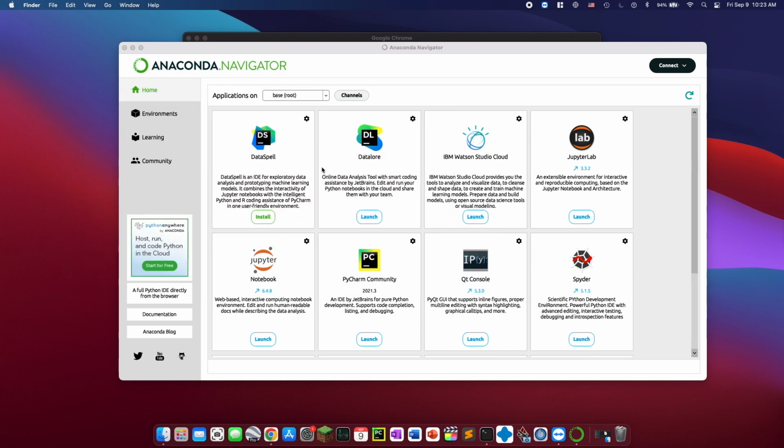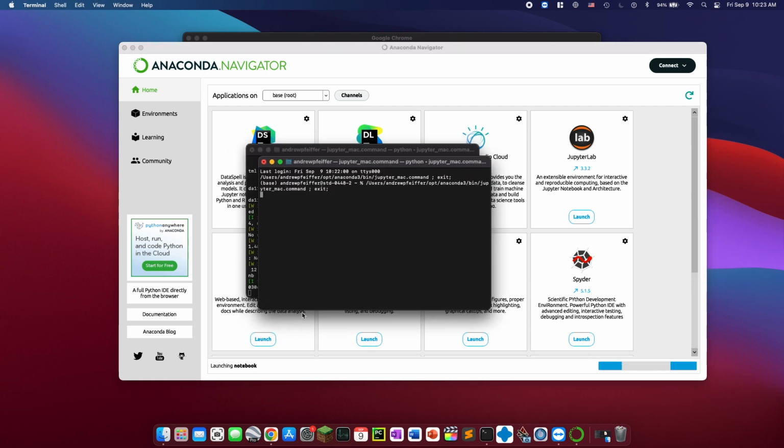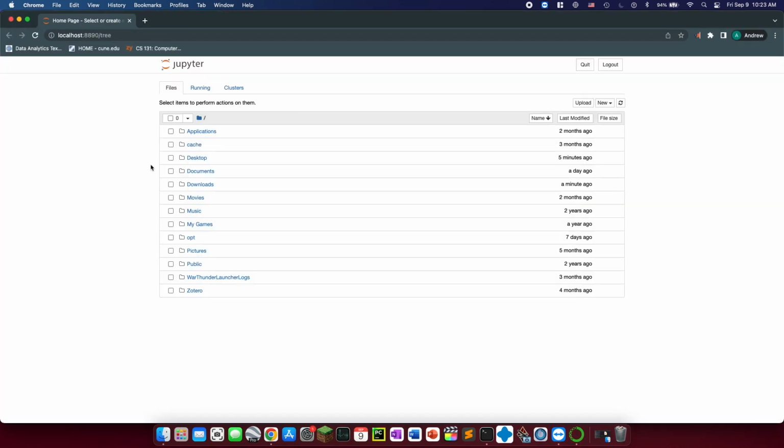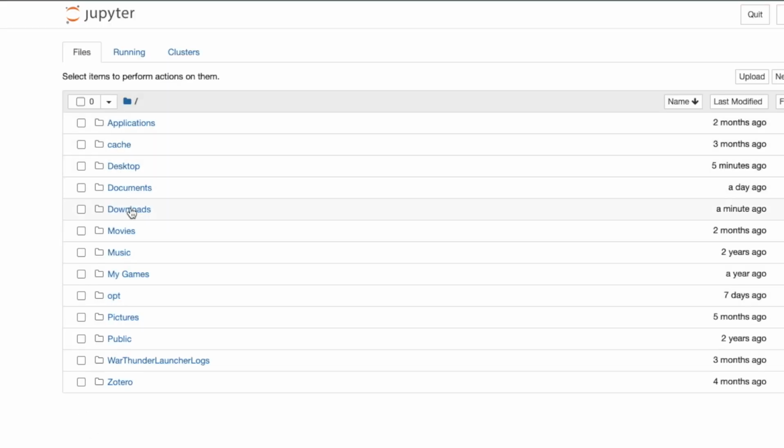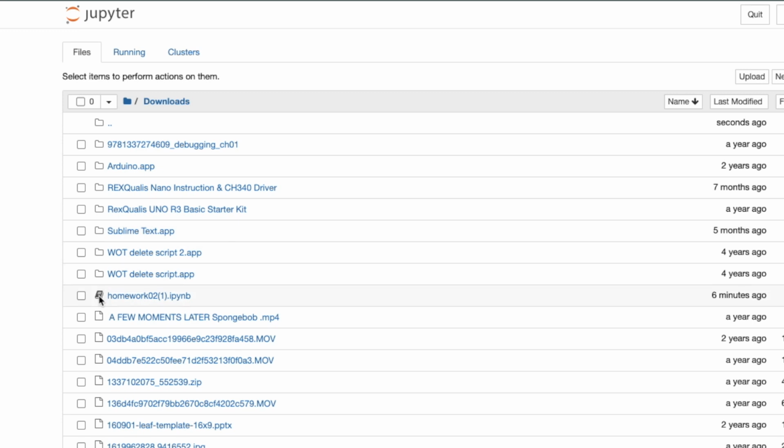What we're going to do is we're going to go back to Anaconda Navigator, and for this I found Jupyter Notebook works the best to start with. So we're going to click Launch, and it'll open up in our browser, whichever browser you use. And as you can see here are all the folders in the computer. So since I have it in my Downloads folder, I'm going to click Downloads, and I see a little book right here, which is our Jupyter Notebook lab. I'm going to click on that and open it,